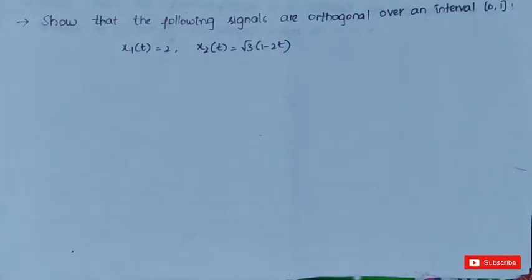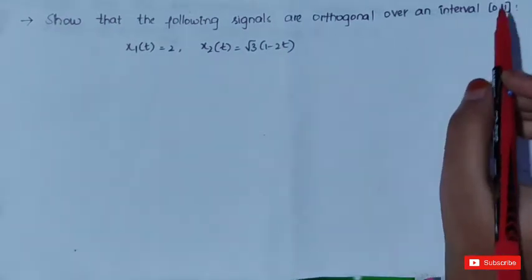Friends, in the previous video we have learned about the analogy between vectors and signals. In this video, let us see two problems regarding that and checking the orthogonality condition. The first problem is we need to prove that the following signals are orthogonal over an interval 0 to 1,